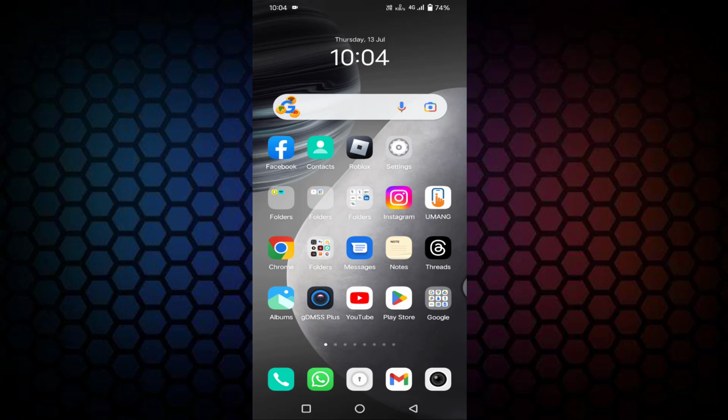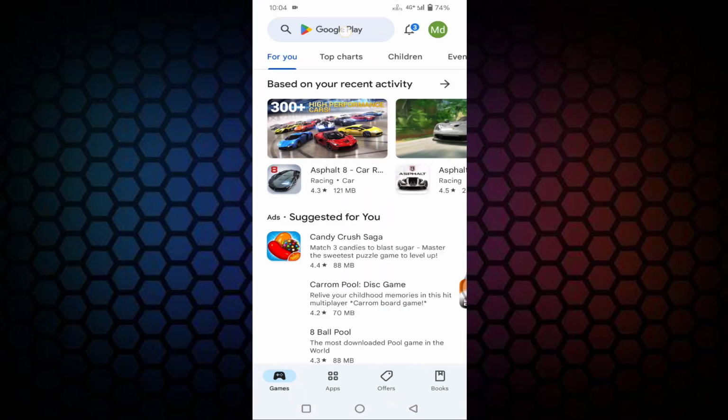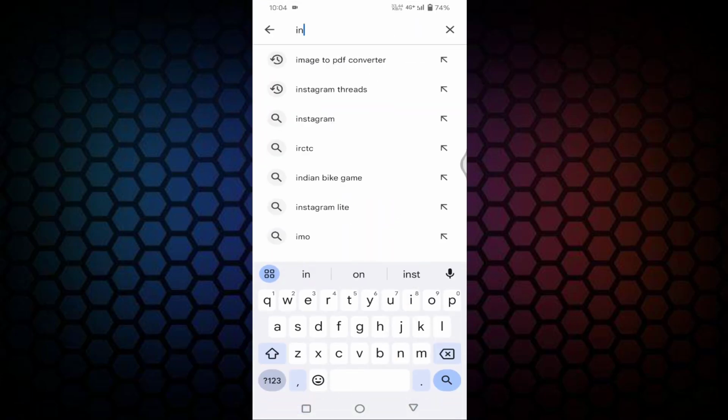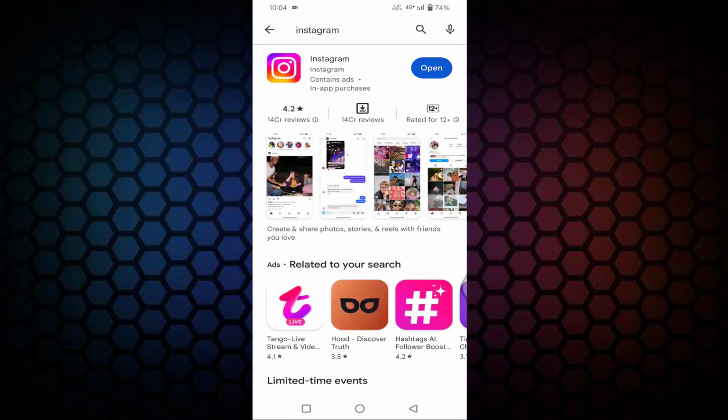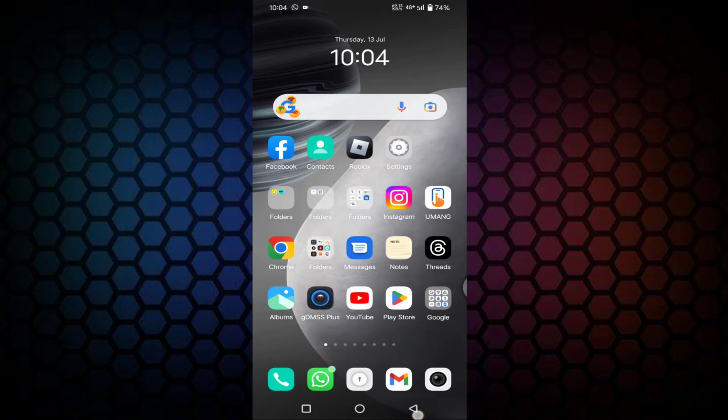First of all, you need to check whether your Instagram is up to date or not. First tap on the Play Store, then search for Instagram. If your Instagram is not up to date, then update it from here. After updating,